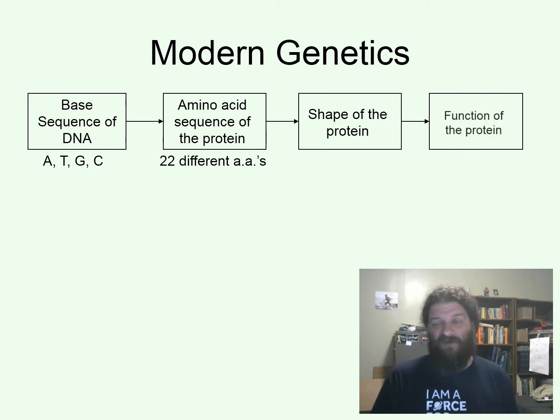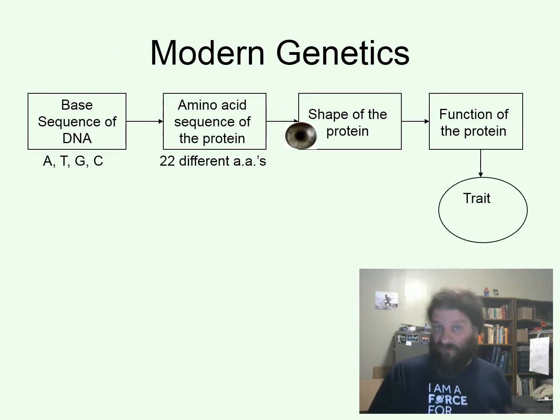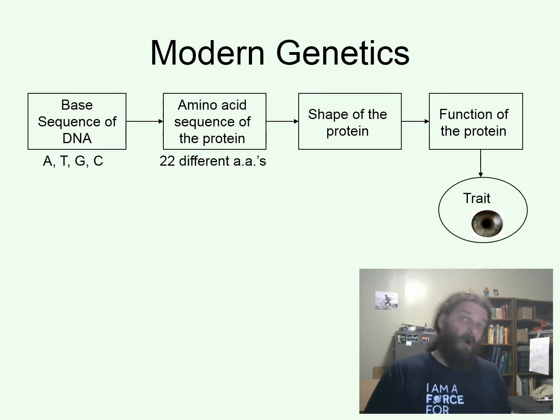And just like keys have a particular shape, the shape of the protein is going to determine the individual function of those different proteins. And your traits are the result of the functions or lack of function of the particular